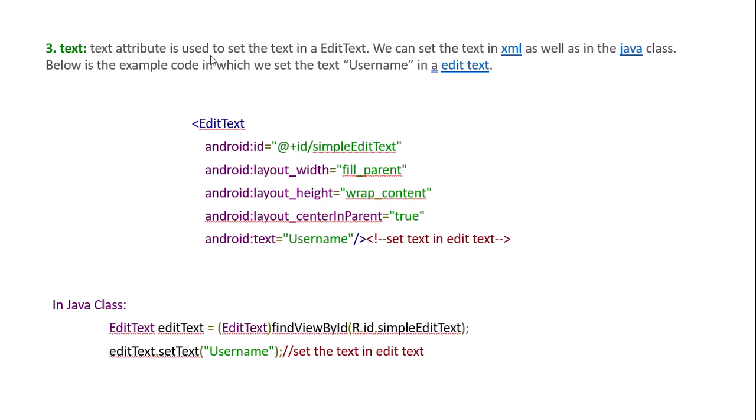Third is text. The text attribute is used to set text in an EditText, and we can set text in XML as well as the Java class. As in the example below, we set the text username in EditText, EditText and ID, and inside ID,